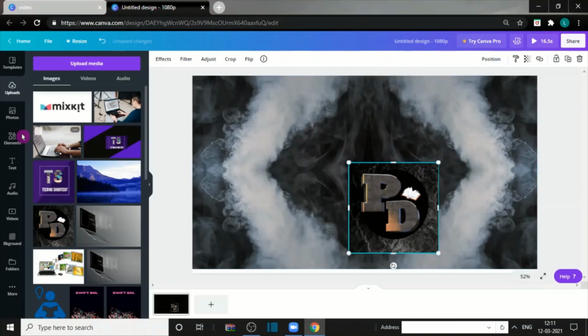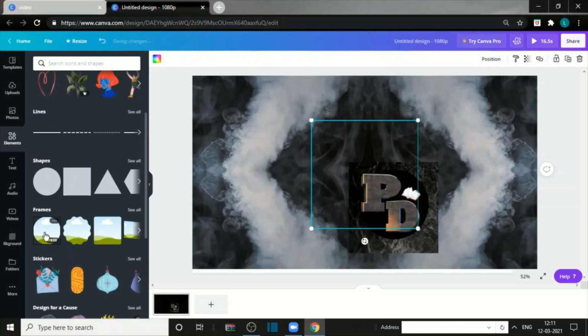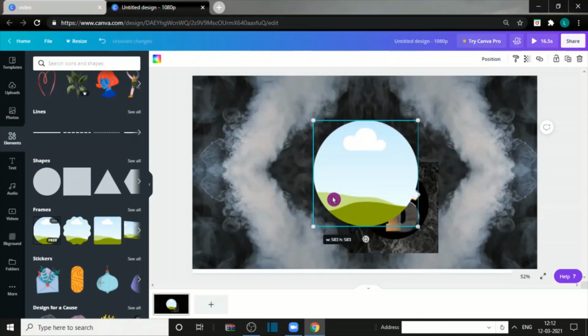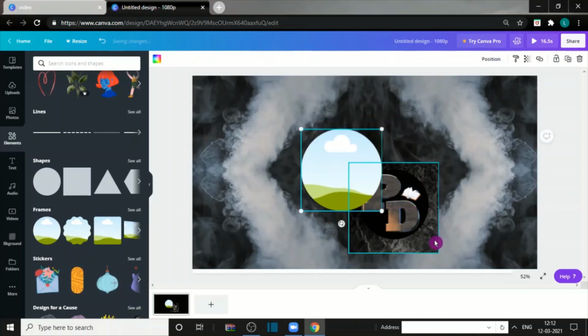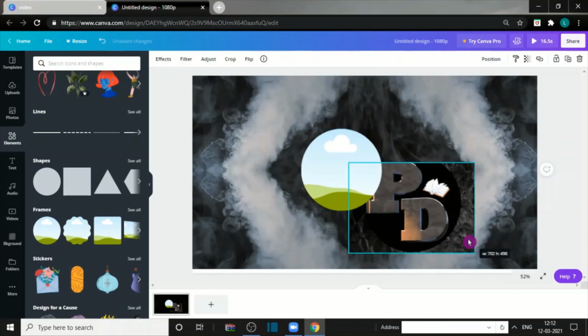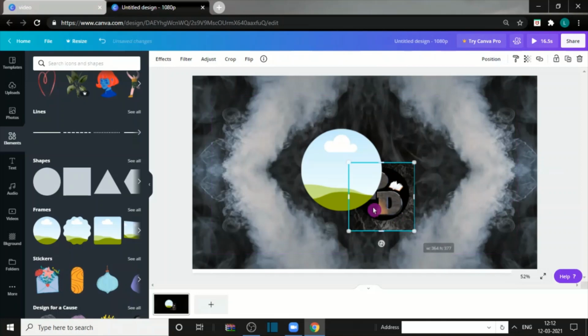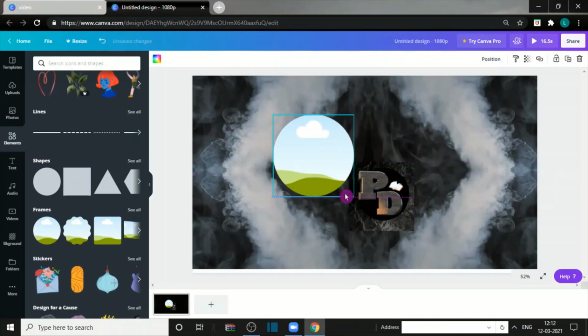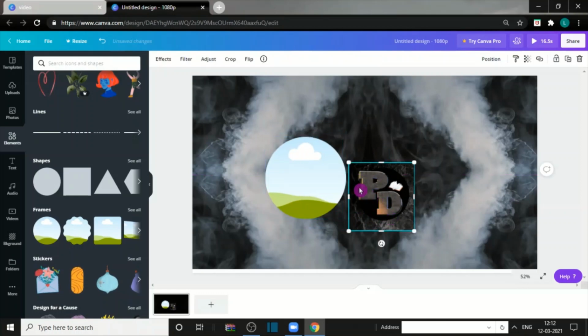First, we can also change the shape of it. If you're not liking the square one, you can go to the element section and choose one of the frames that are available. For example, if we click on the circular one, it just pops up on the screen. We can change the size of it. We can make sure that it is properly positioned. In Canva, you can properly position any shape, any logo, any text in the way you want. Just move and see which position is properly fitting.